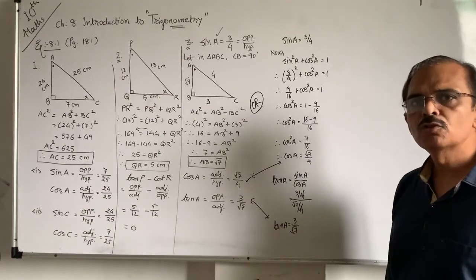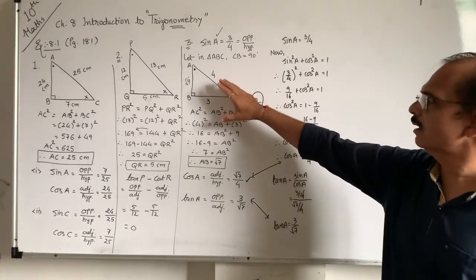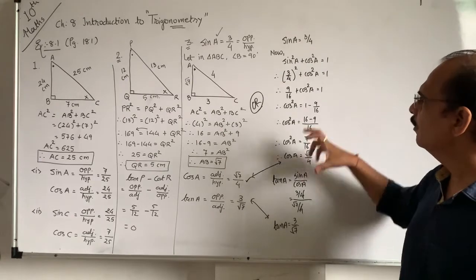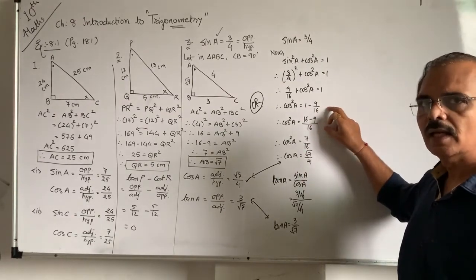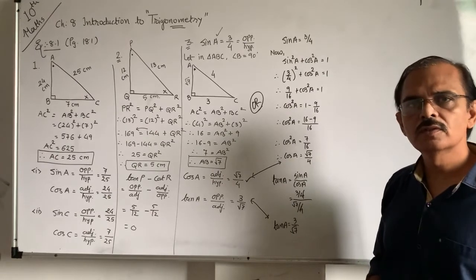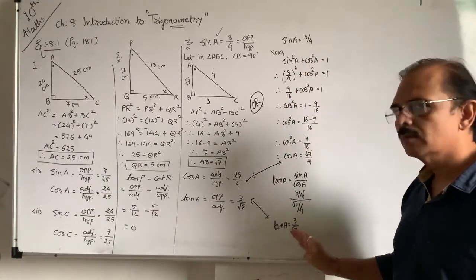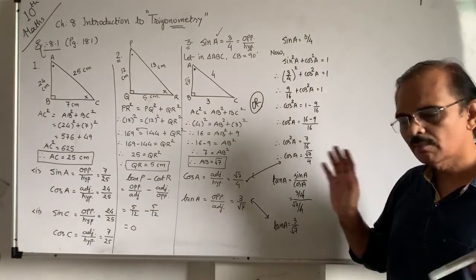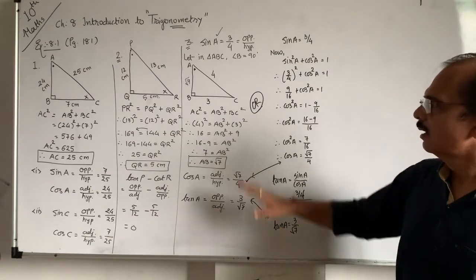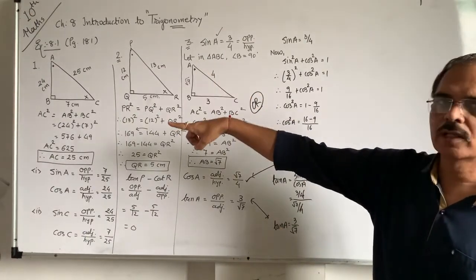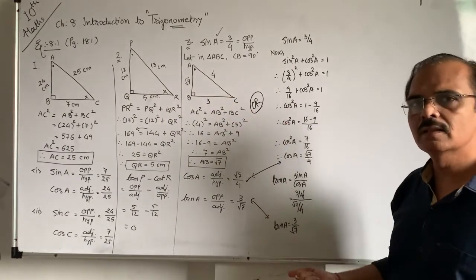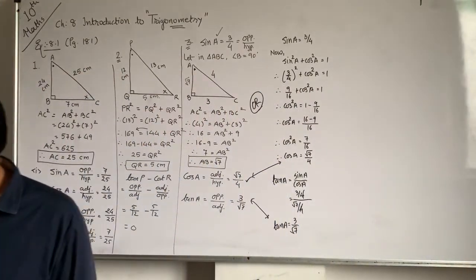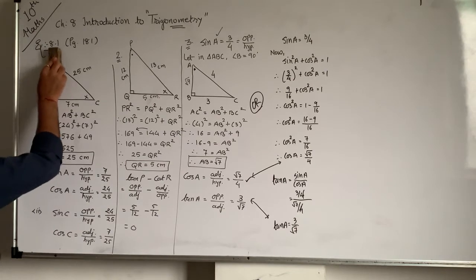Both are equal. So in this way, without applying the triangle method, you can find it with the help of the formula method. There is a little bit of maths, taking the LCM and, after taking the square root, you will get it. Okay, this is a popular method. This method is the best method for future study also. But don't worry, you are in 10th standard, so up to exercise 8.1 we apply the triangle method. Afterwards, in the remaining exercise we will apply the formula method. Then you have to do both. Okay? See, now question number 4.